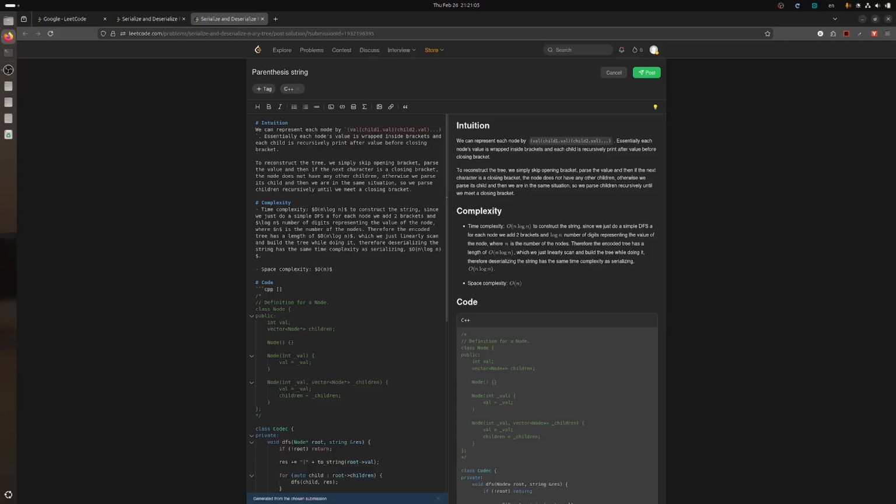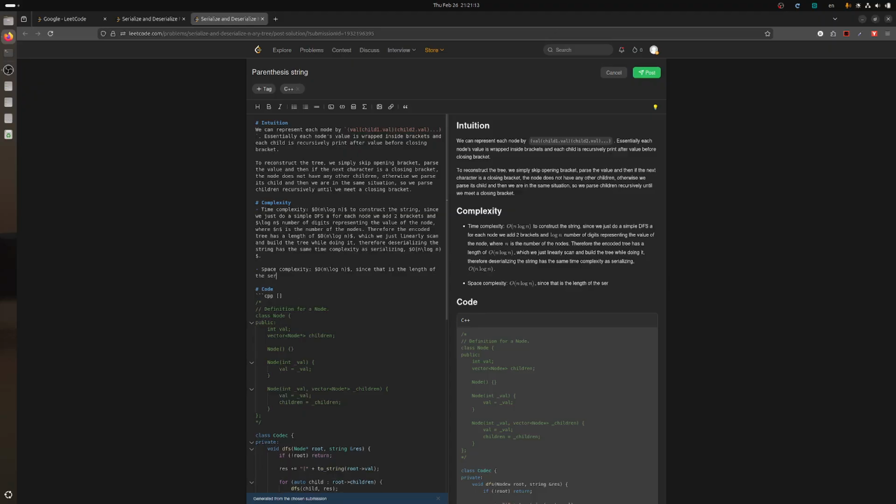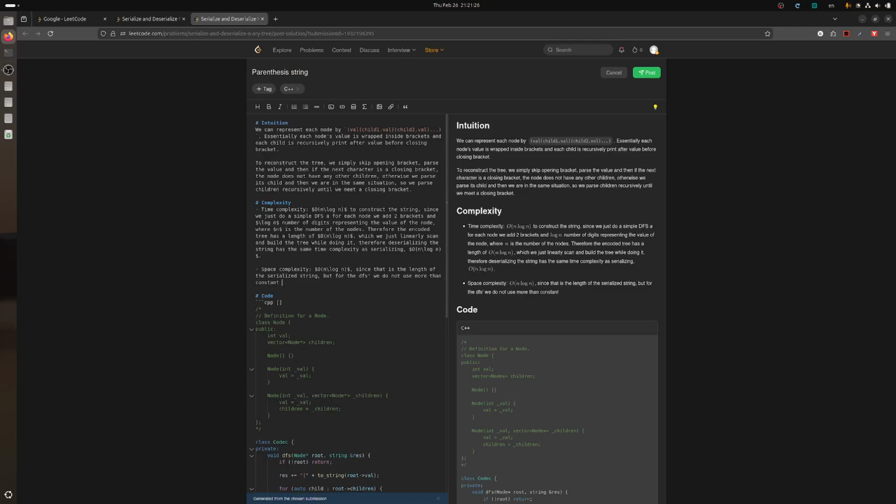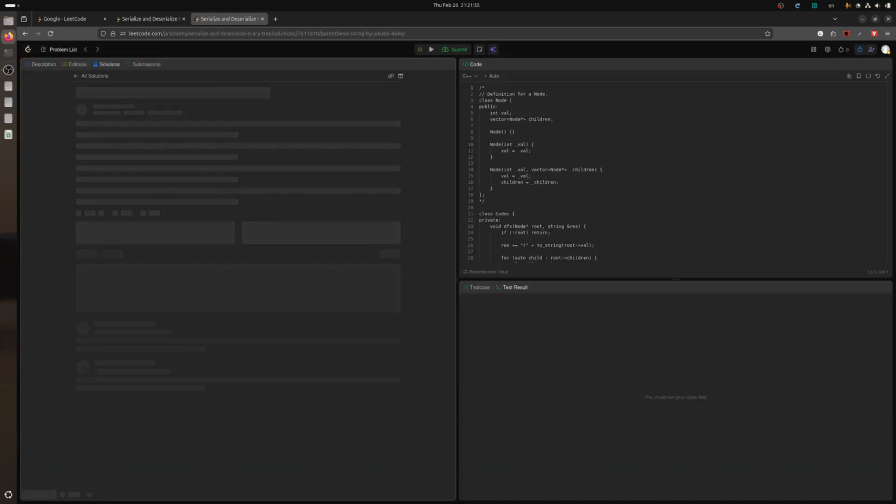O(n log n), since that is the length of the serialized string, but for the DFS we do not use more than a constant amount of information. Okay, I mean,